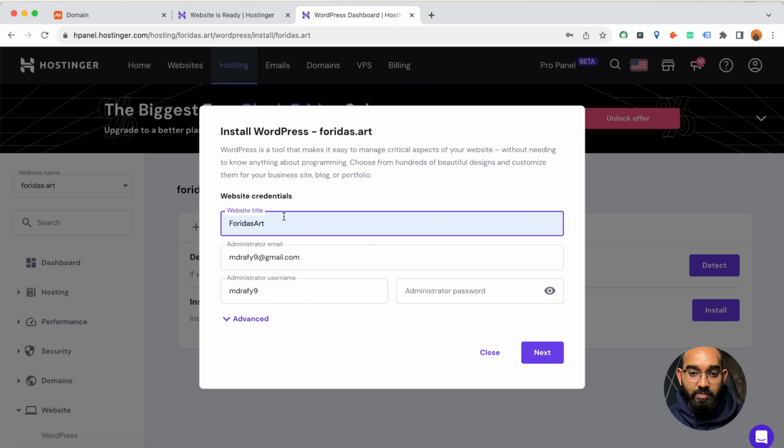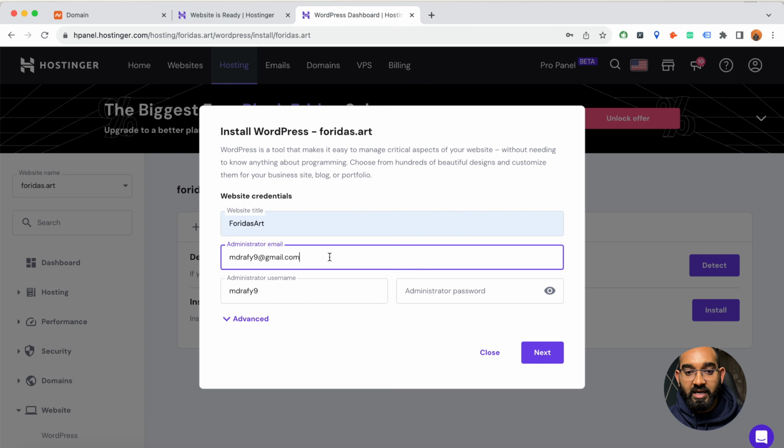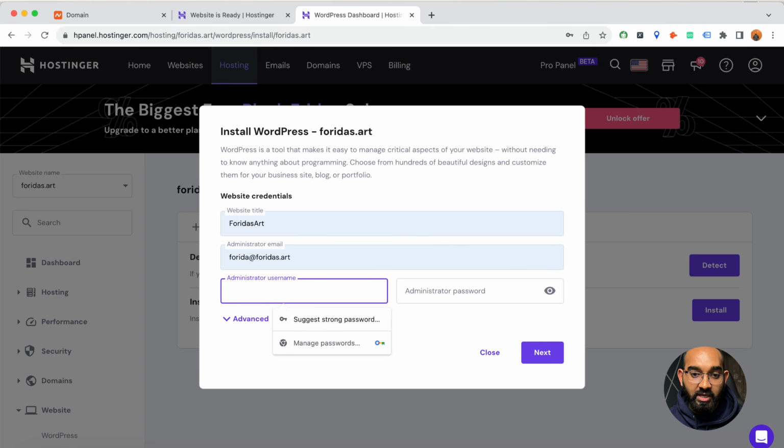I'm going to select a website title, which is Forida's Art. Then I'm going to add the administrative email as Forida's Art. And then I'm going to put a username. You can put any email address here, like Gmail, Yahoo, whatever, no worries at all. But make sure you have got access to the email, otherwise you will not be able to change the password and stuff if anytime needed. Okay, so on the administrative username, I'm going to type out Forida's Art as of now, and then the password is going to be